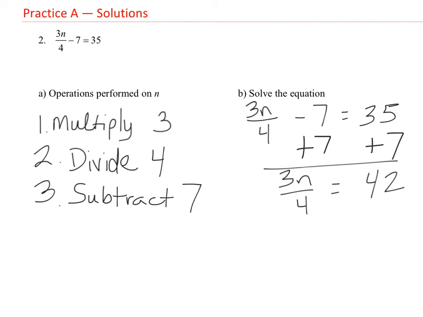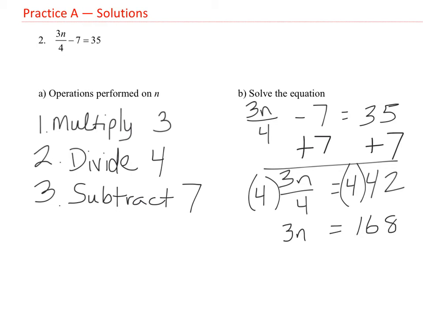Now it's time to undo the dividing by 4. The inverse operation would be to multiply by 4. So let's do that on both sides. After we multiply both sides by 4, the equation looks like this. 3n equals 168. The last step would be to undo the multiplication by 3, and the inverse operation for that